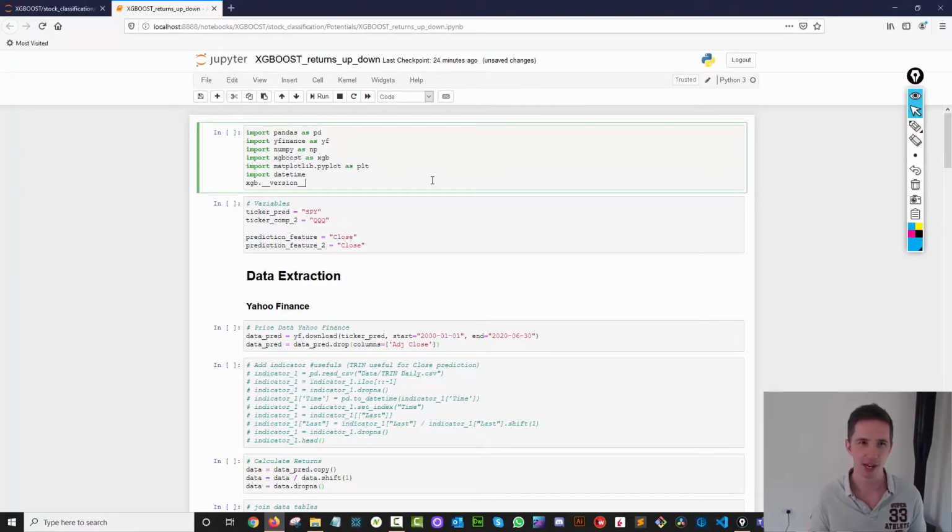So here we are about to run the XGBoost model. And I want to just baseline things first. So we're going to run the S&P 500, again, a very liquid ETF. We're going to run the SPY. And we're going to look at it from a close perspective. We're going to say, hey, will tomorrow's close be up or down? That's what we're going to try to predict here.